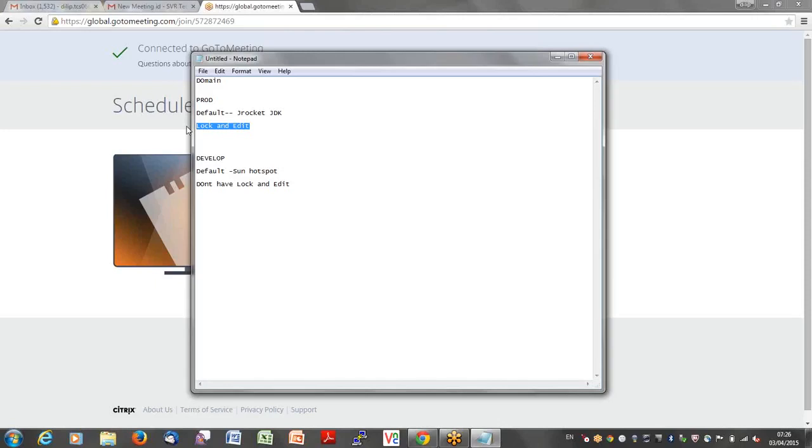In those cases, even if you make the configuration change and activate it using lock and edit, it will ask you to restart, because this change mandates a restart of the server. Lock and edit is not useful in those scenarios. But for regular or small configuration changes, you don't need to restart the server. Lock and edit can do it for you. Okay, so that is about lock and edit.